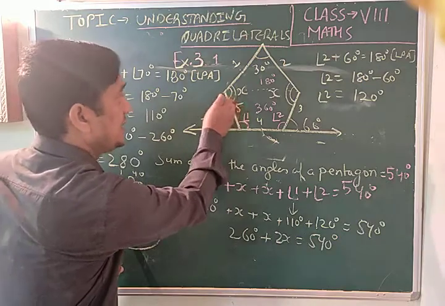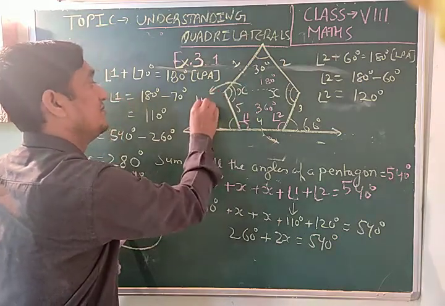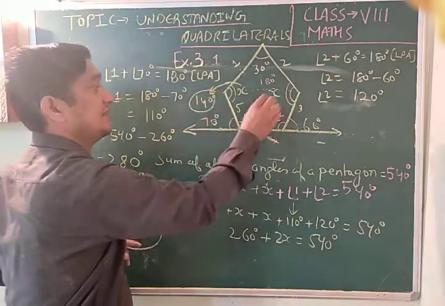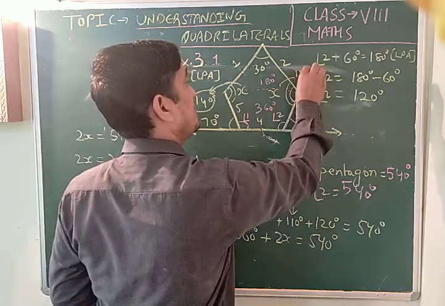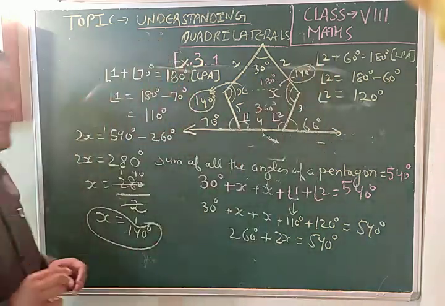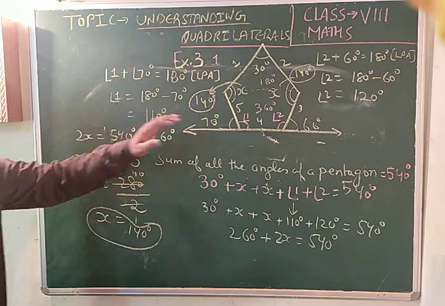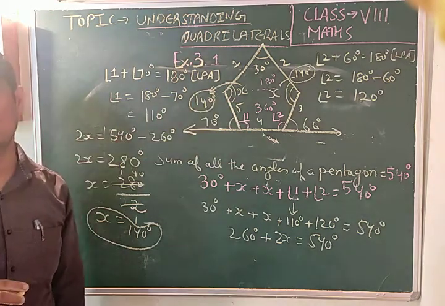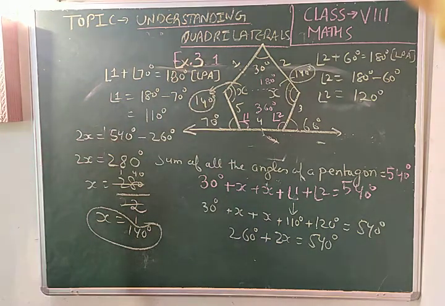This is also 140 degree, and this is also 140 degree. This is the way to find the unknown quantities in any of the polygon. Last part, children,